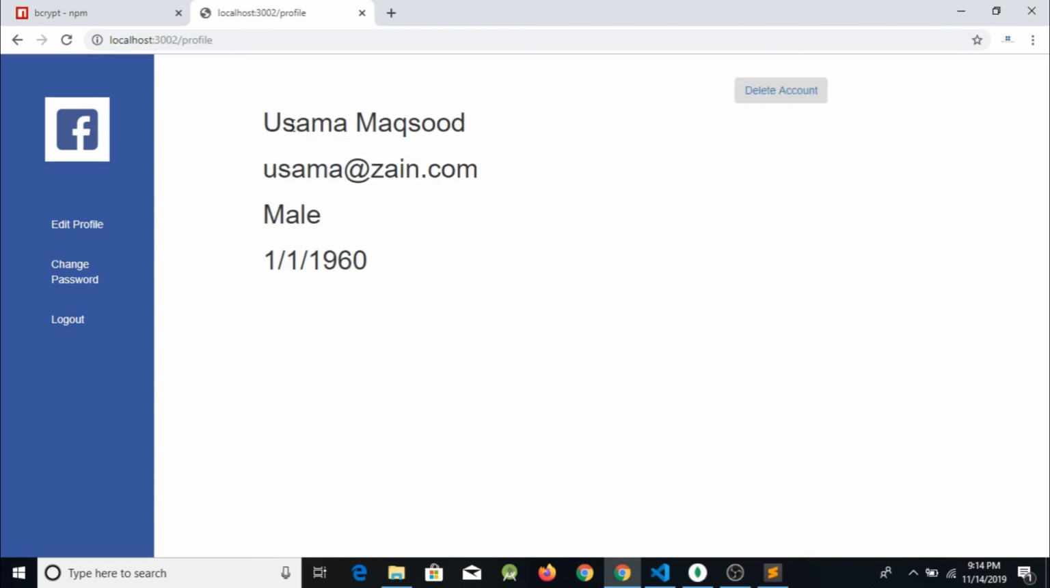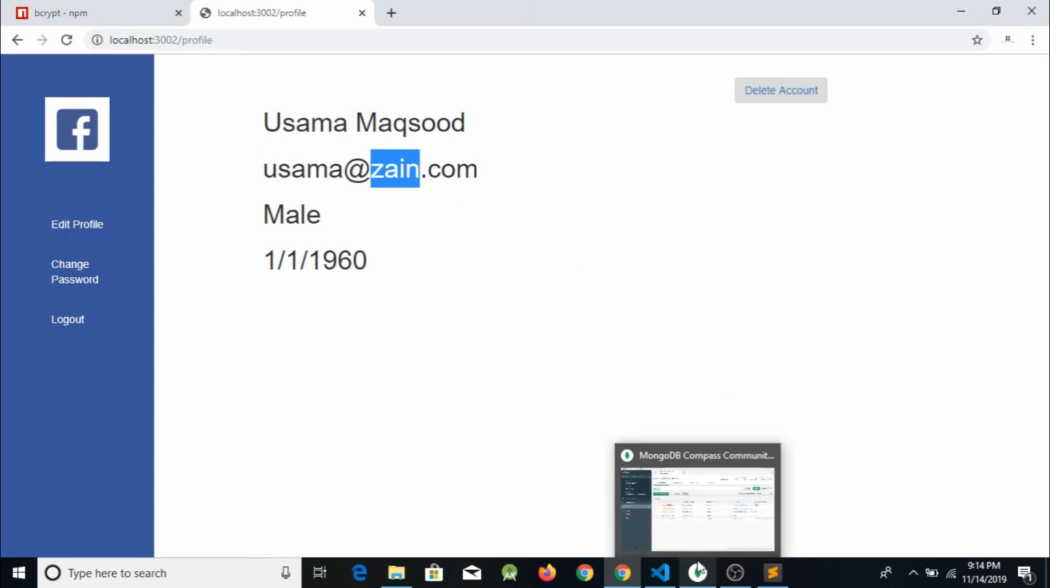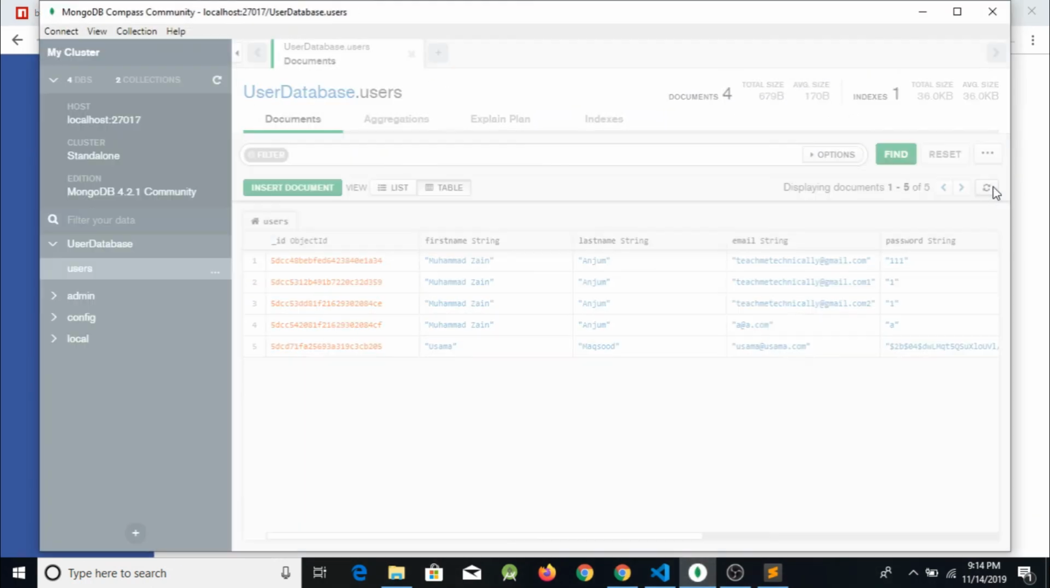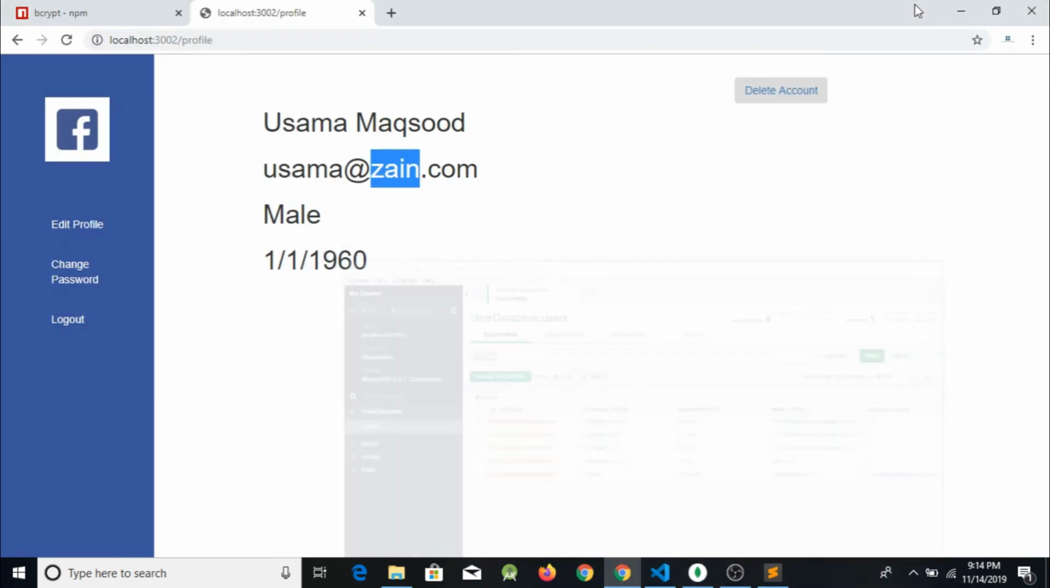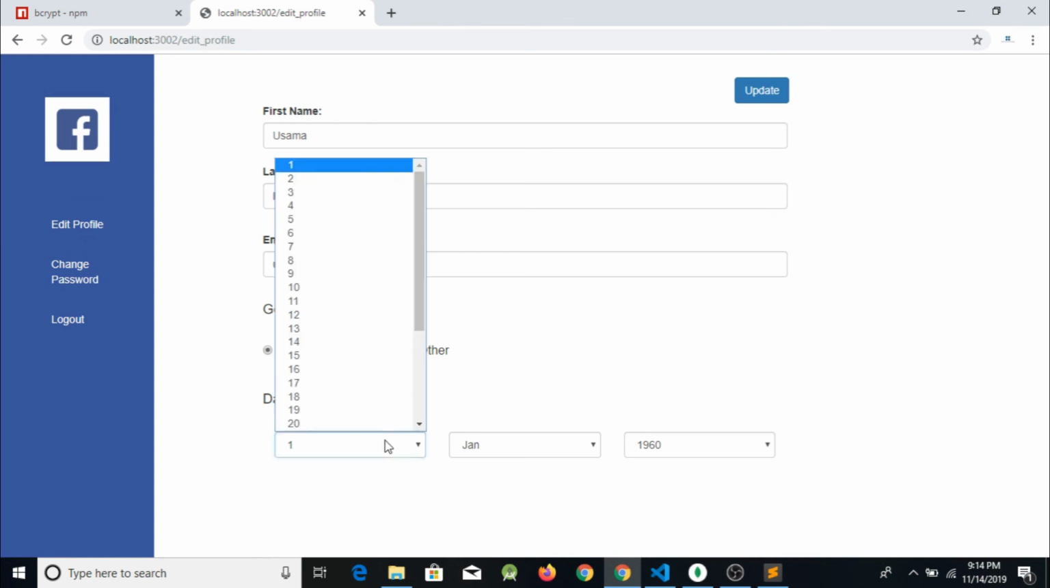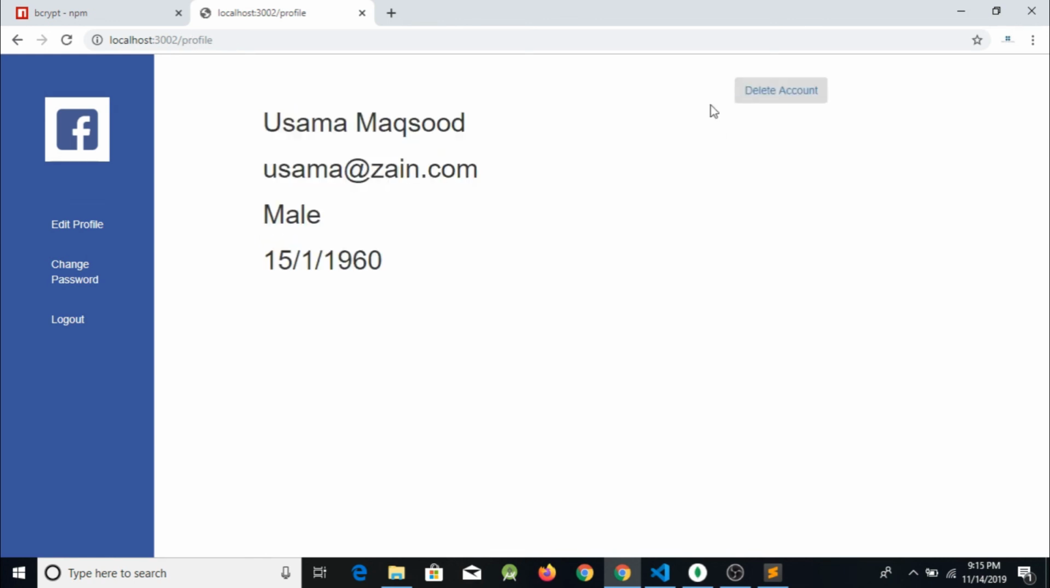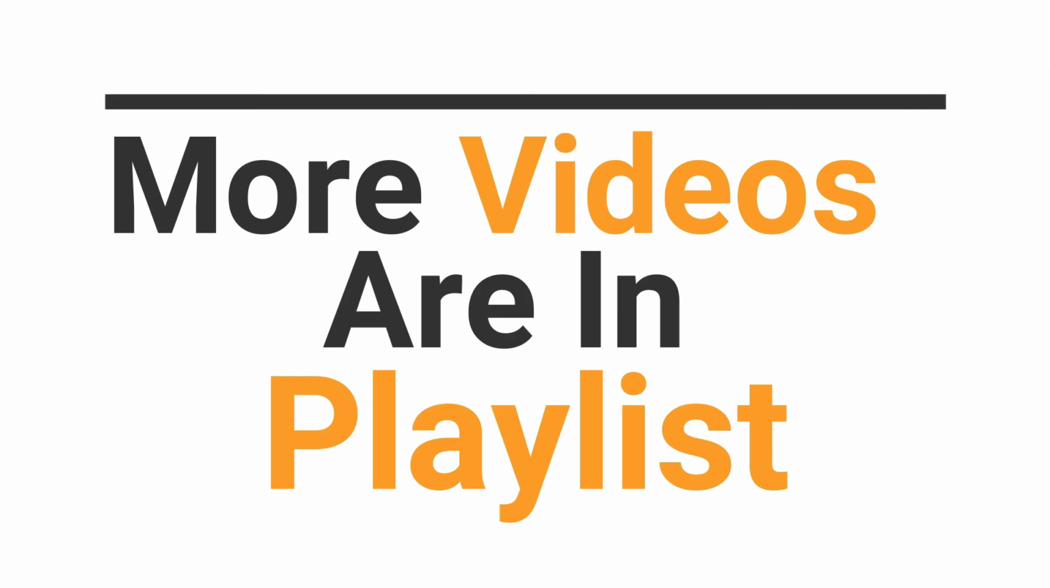So basically you can see right here that the name is Usama Maqsood, but the email has been changed and it is written as usama@zen.com, and we can verify it from the database that the email has been changed. सो हम यहाँ से देख सकते हैं हमारे MongoDB में से भी और यहाँ से भी कि हमारी जो ईमेल है वो अपडेट हो चुकी है। सो इसी तरह हम एडिट प्रोफाइल के अंदर जाकर हम कुछ भी चेंज कर सकते हैं और वो चेंज हमें डेटाबेस के अंदर नज़र आएगी।